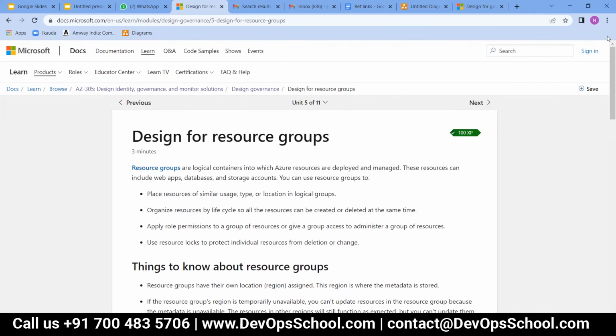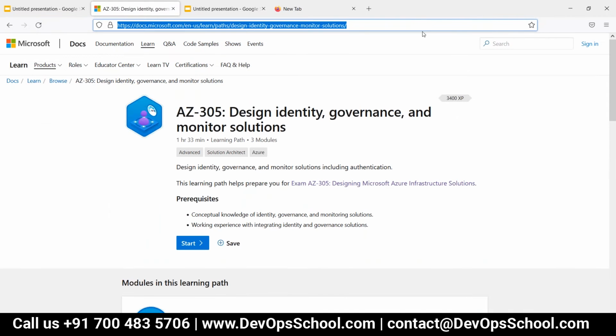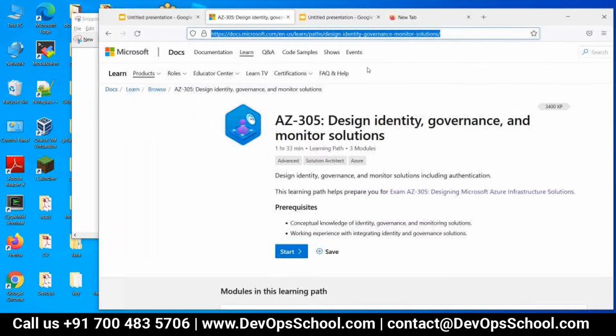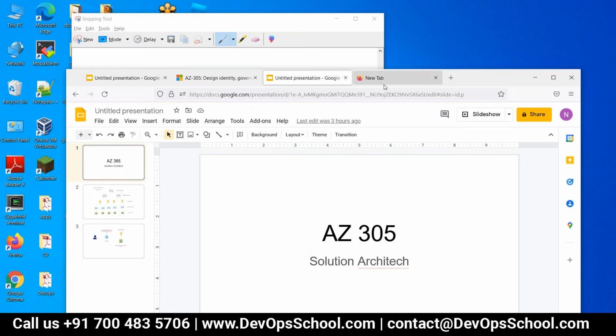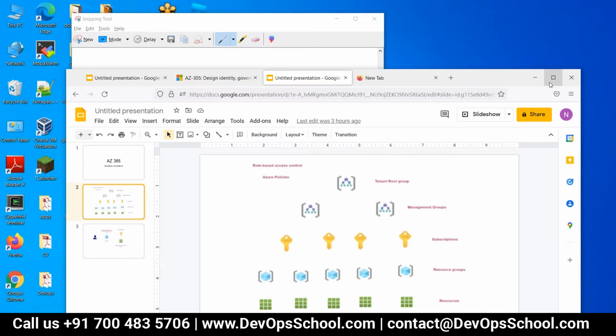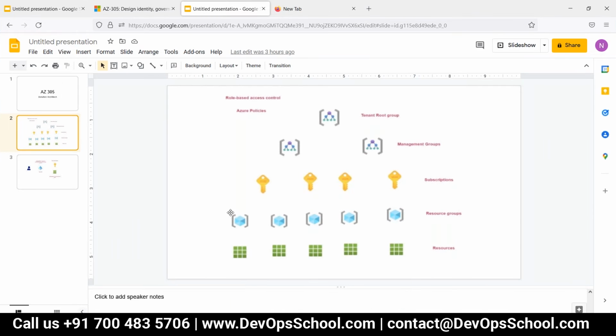Now, one of the things that is important when you talk about resource groups, let us see resource groups. When you say resource group, you might have heard about a region, right?